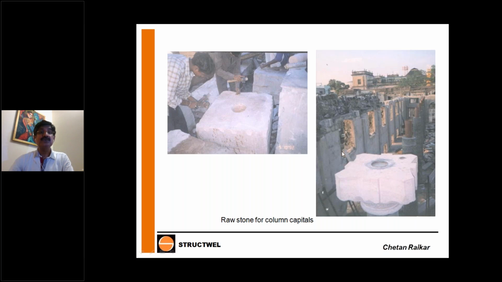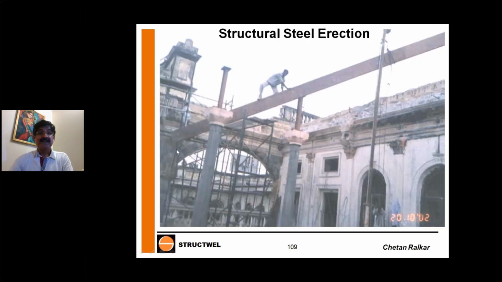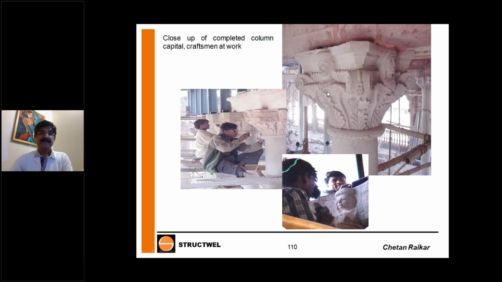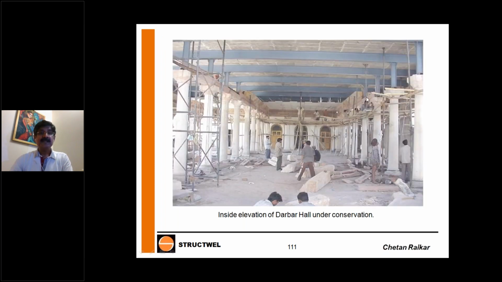Because otherwise, how would you bring the stone columns in between? This is how it looks: concrete, stone, and steel again. And these are the steel beams which are at the roof level. This is how the final carving is being done to the cornices, to the column capitals. And this is how the final system looks: concrete columns, stone capitals, steel columns above, steel members, and RCC